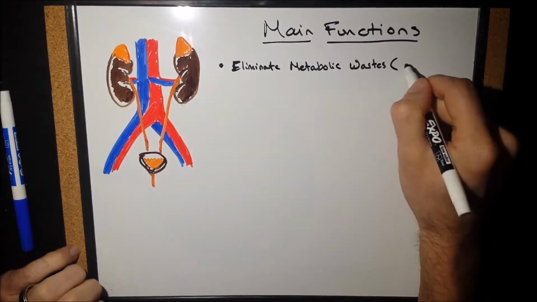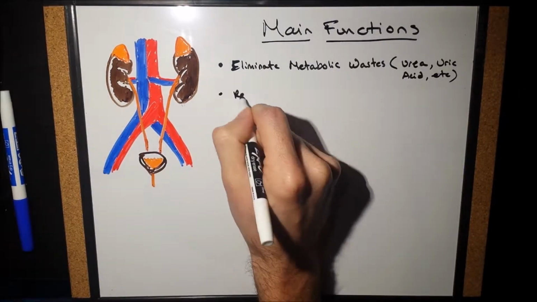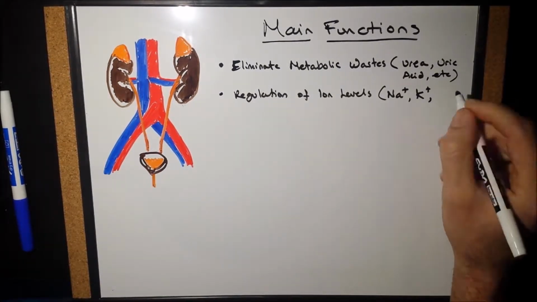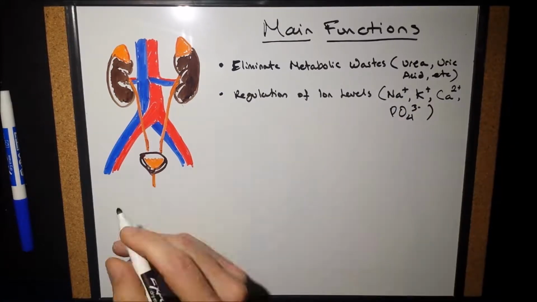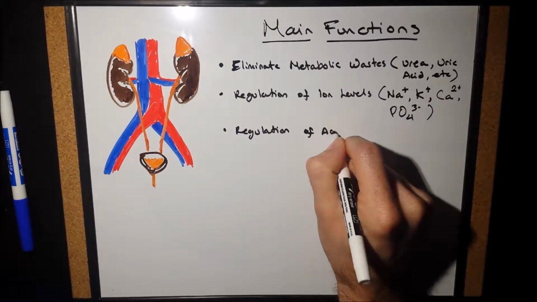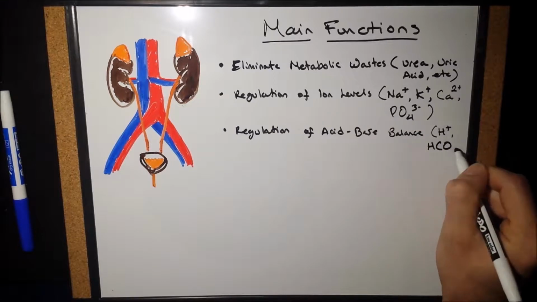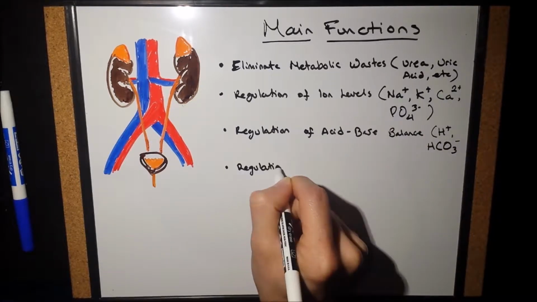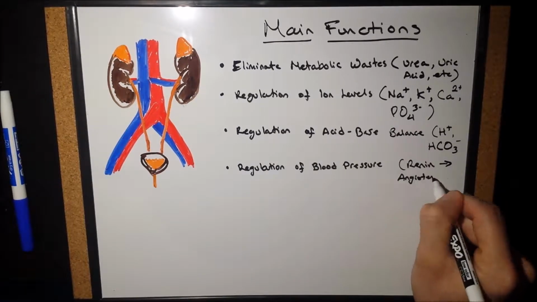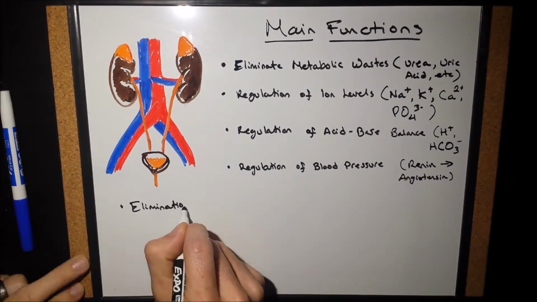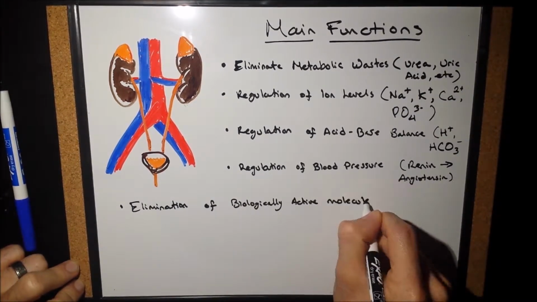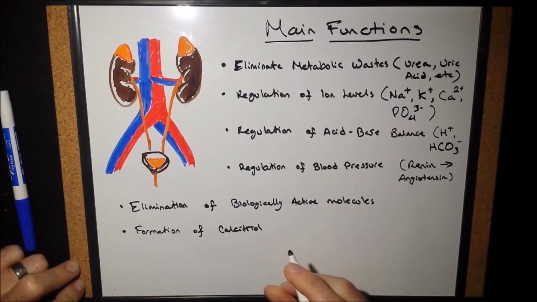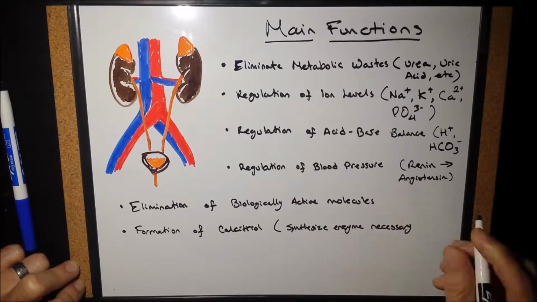Its main functions include the elimination of metabolic wastes such as urea and uric acid, regulation of ion levels such as sodium, calcium, and potassium, the regulation of acid-base balance in the blood, regulation of blood pressure by the release of renin, elimination of biologically active molecules such as hormones, toxins, and unwanted drugs, and the formation of calcitriol by synthesizing an enzyme necessary for it,